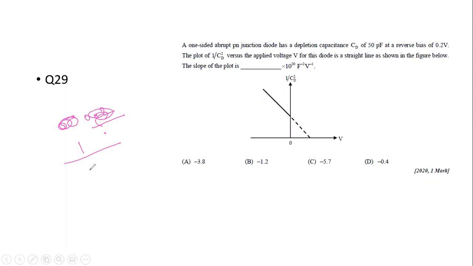So this is your farad. CD is given as 50 picofarad. So this is 10 to the power minus 12, and 24 into volt square. So this is your 0.2 farad square per volt. So solve this. This is 10 to the power 24 by 50, into 10.